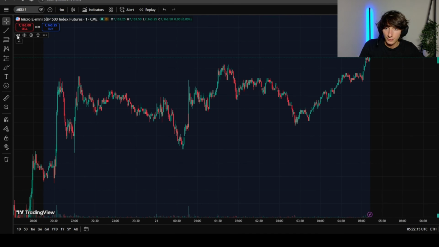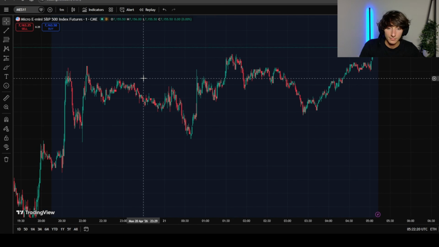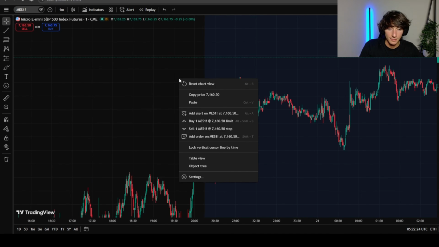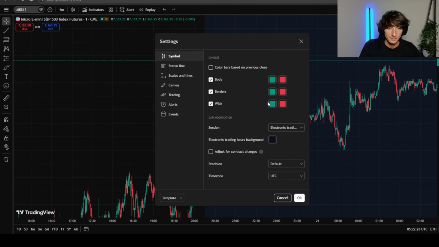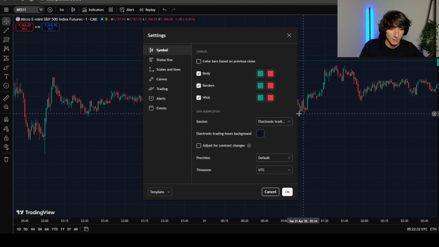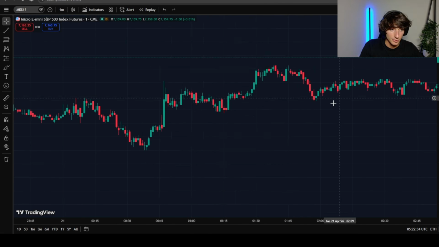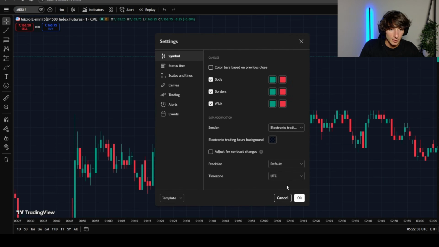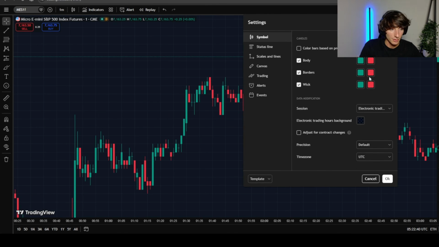First of all, over here, volume, just delete that. Click the little garbage can, click on remove, okay? Now, you're going to right click on your screen, okay? When you right click, it's going to bring up this menu. You're going to go to settings. Then, this is where you can change your symbol color, meaning your candlestick colors, such as these. So if you don't want green and you don't want red, you can change them to other colors right here,